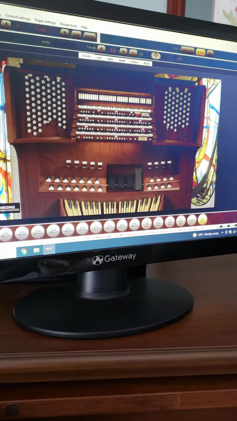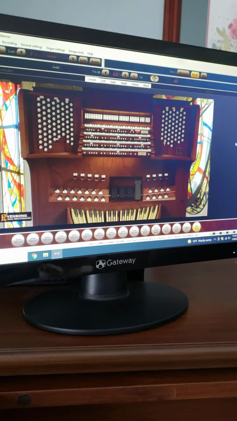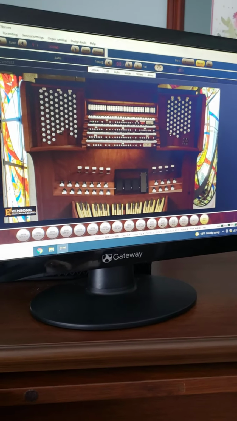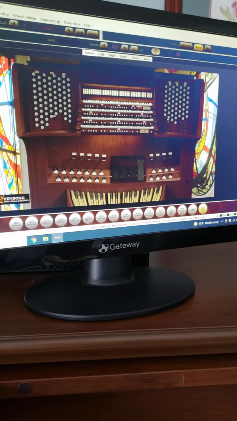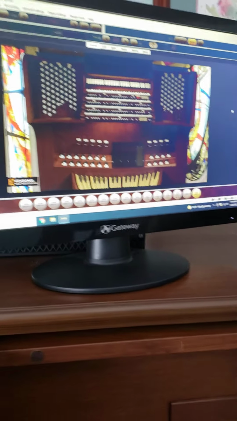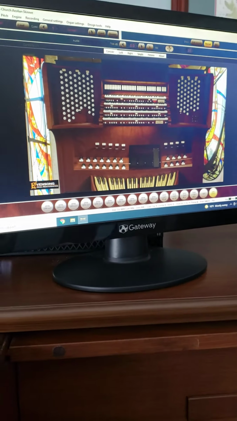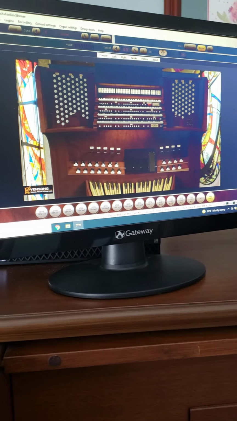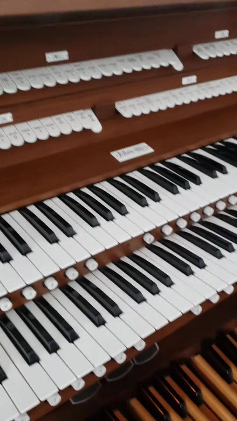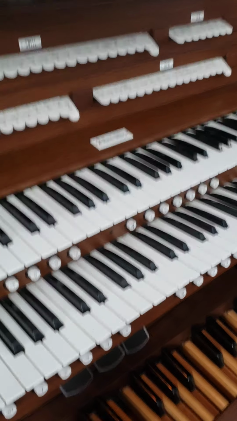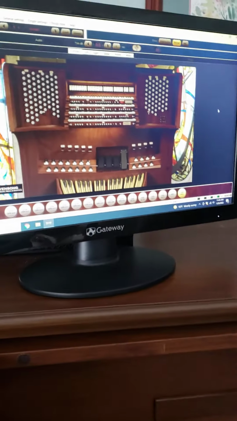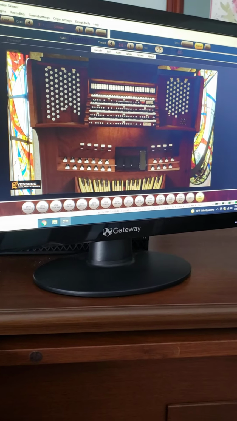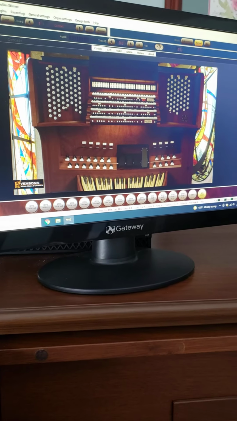I can change the sound of this organ, revoice this organ, add more bass, add more treble. I can revoice this organ pipe from pipe. So it's pretty amazing what you can do, but it uses something called MIDI. And what is MIDI? MIDI takes electronic signals from this keyboard